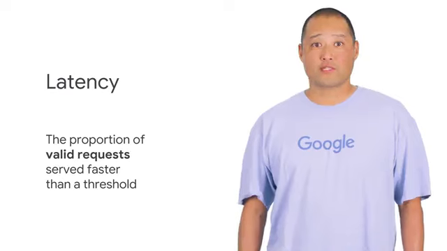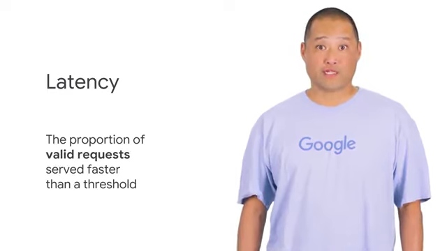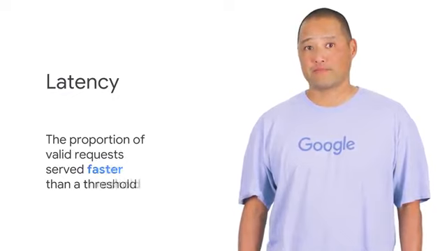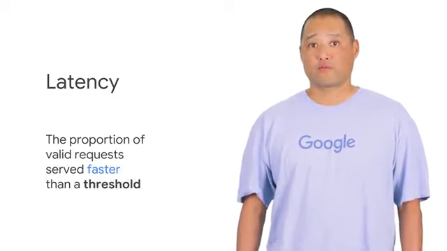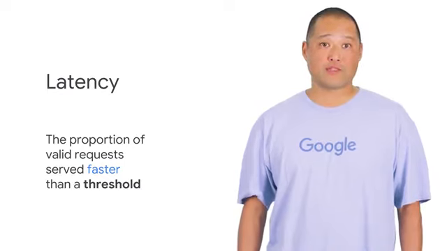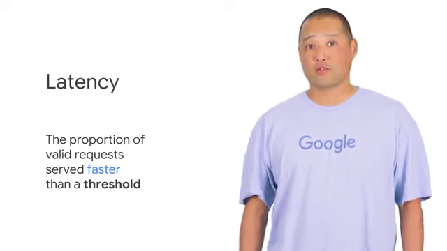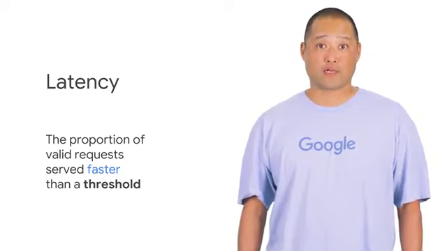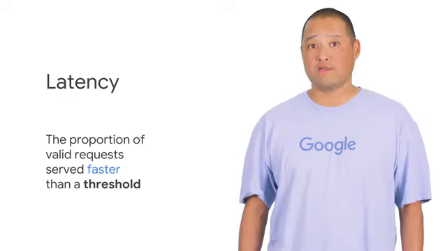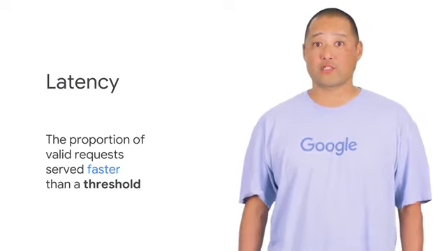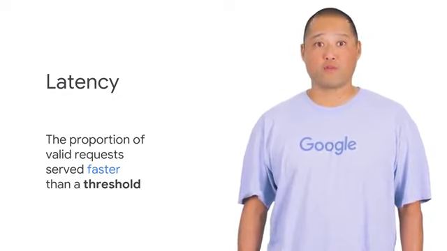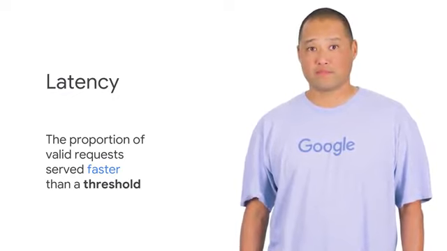Which of the requests this system serves are valid for the SLI, and when does the timer for measuring latency start and stop? Setting a threshold for fast enough is dependent on how accurately measured latency translates to the user experience and is more closely related to the SLO target. Systems can be engineered to prioritize the perception of speed via techniques like prefetching or caching. Requests may be made in the background by applications and thus have no user waiting for the response.